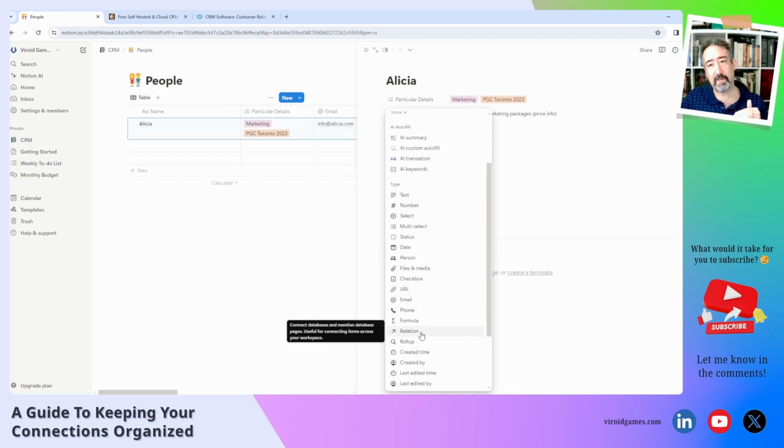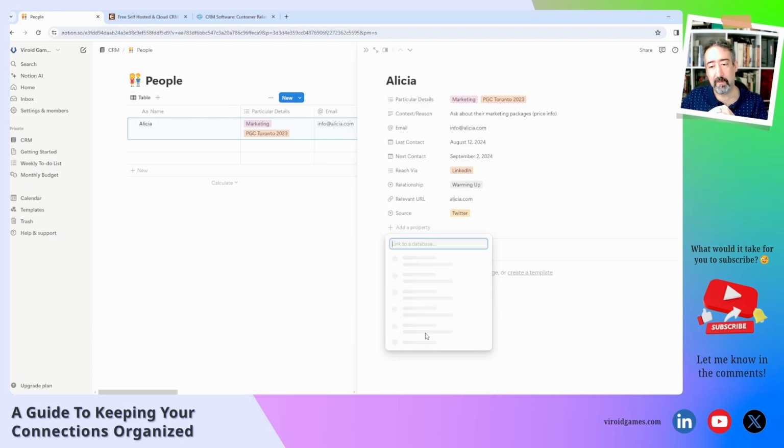So say this entry, what's the relation of this entry to another entry? So when you select that, it's going to ask you how this entry is related to any other entry in different databases. So right now in my CRM